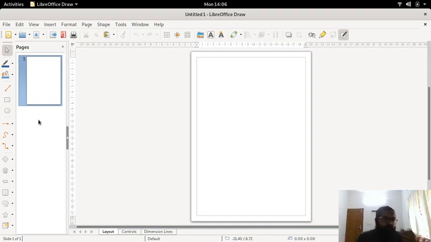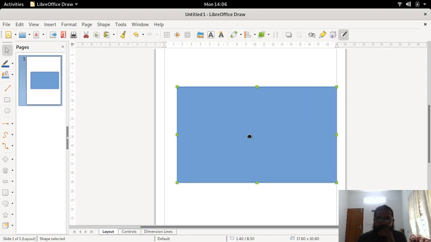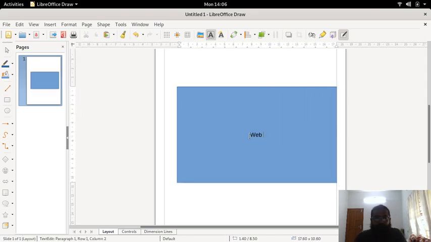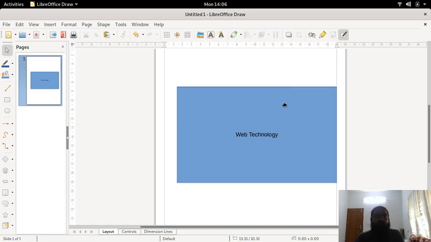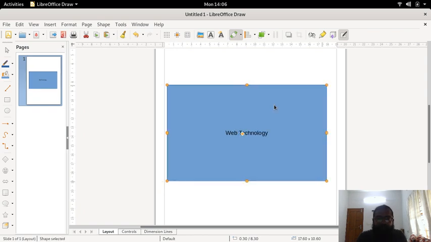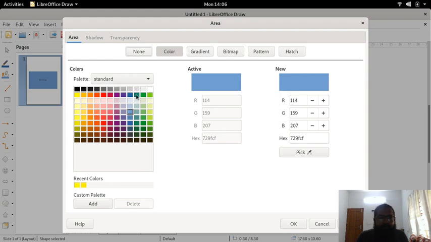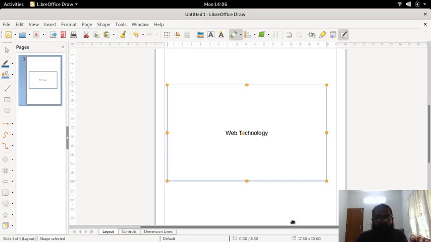If we look at it from a diagrammatic point of view, we can say that web technology consists of multiple blocks, for example, API.